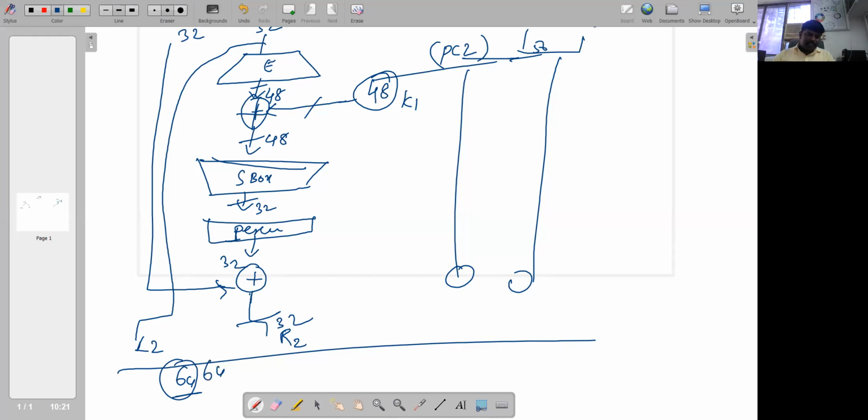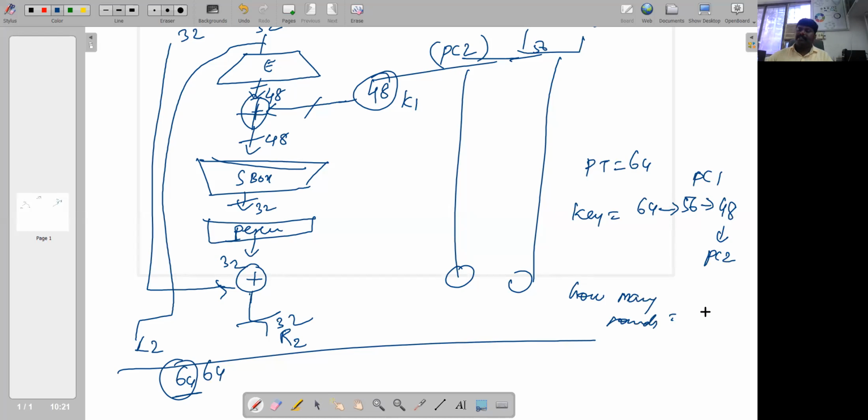Which is 64 bits. So what is my plain text size? 64. My key size is 64, going to 56 with permuted choice 1 and then 48 with permuted choice 2. And how many rounds? 16 rounds.